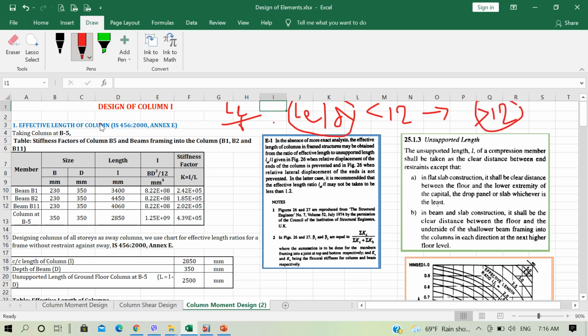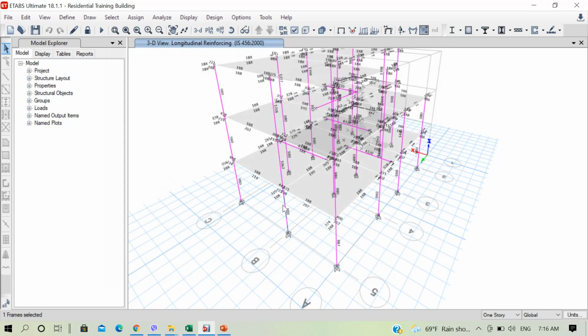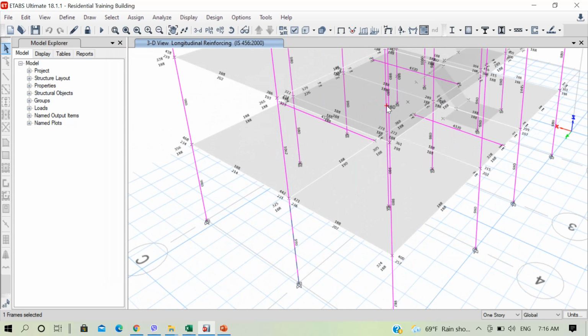So in Annex E of IS 456 code, we have the procedure to determine the effective length of column. We chose our sample column to be at grade 5 in ETABS. And what is the stiffness? First, let us go to ETABS. Let me cancel this. We see that in this column here,